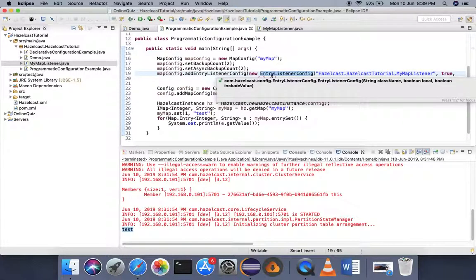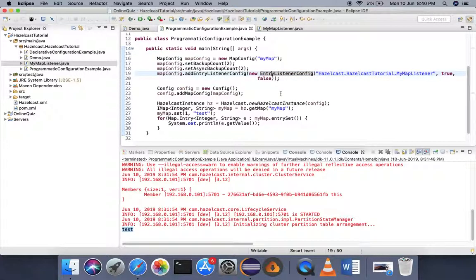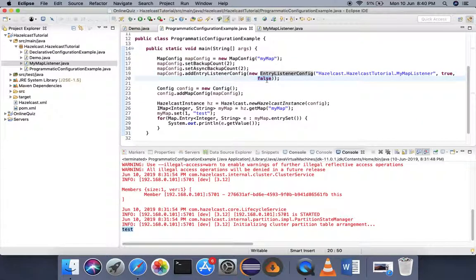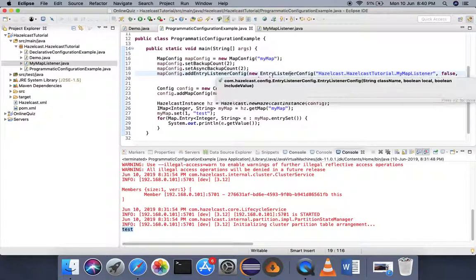This class accepts three parameters: the first parameter is local and the last parameter is include value. So we have to pass true for include value, and false for local. What include value and local are, I'll explain in my next videos when I cover the entry listener in detail.